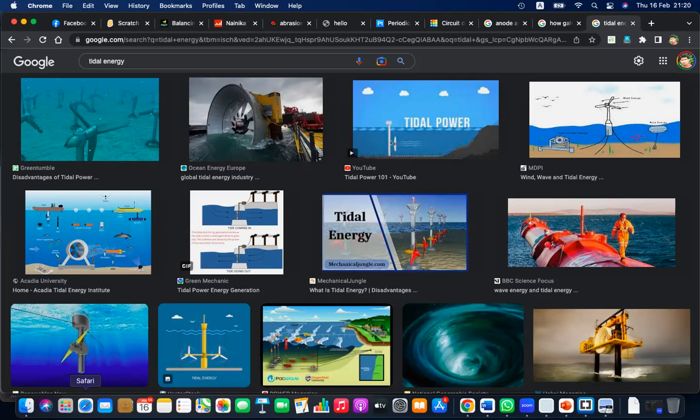Tidal energy, you're not getting that. But there are countries